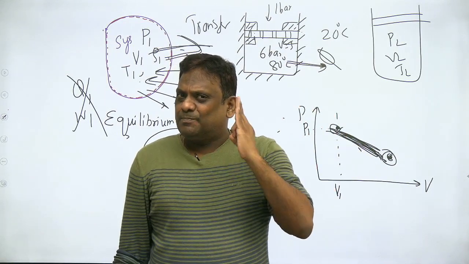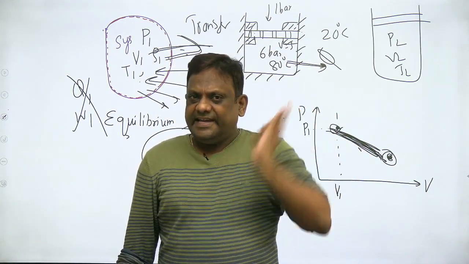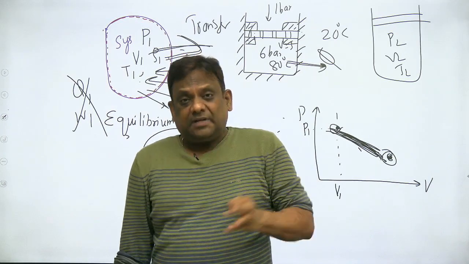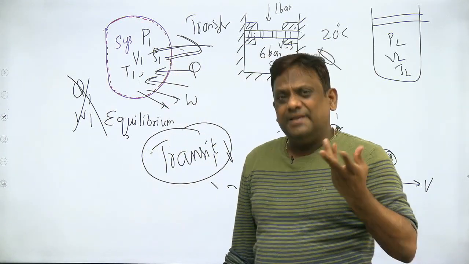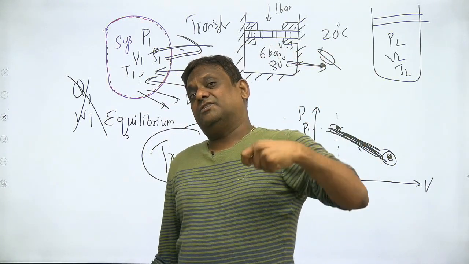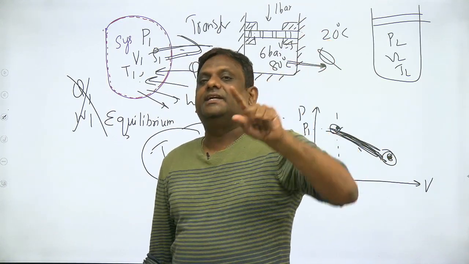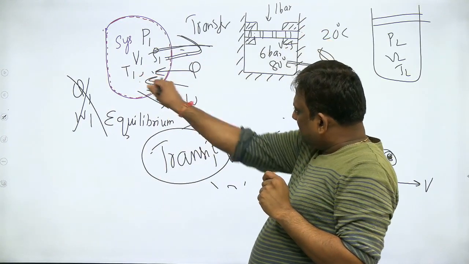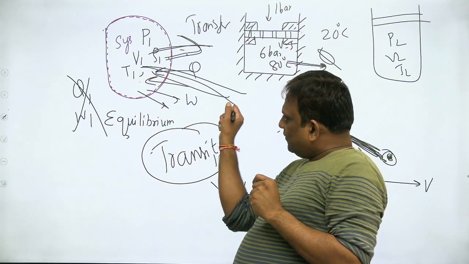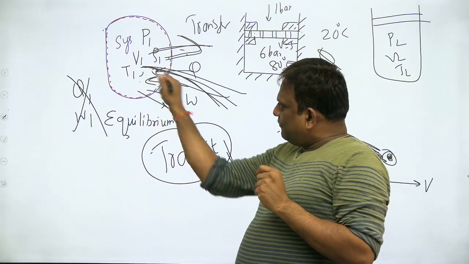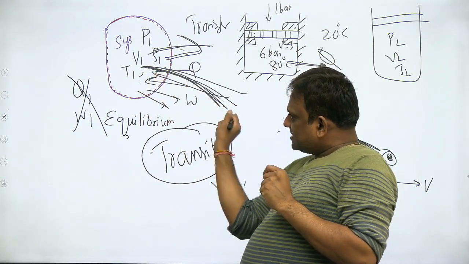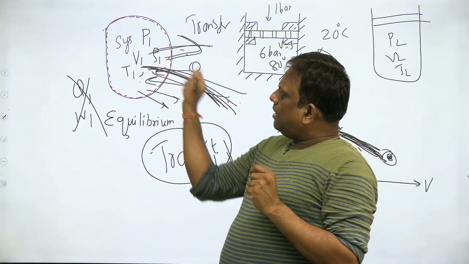So therefore, my dear students, don't use the word heat, don't use the word work. Sometimes I may say the work is 39 kilojoule. It actually means work transfer. Sometimes I say heat is 300 joule. It actually means heat transfer. Why? Maybe from system to outside, or surroundings. It is transferred, meaning it crossed the boundary. Both are boundary phenomena. So therefore it is transferred, maybe inside to outside or outside to inside.